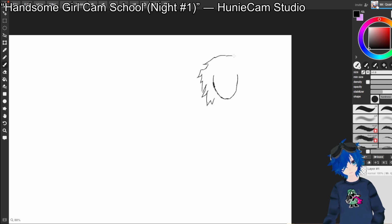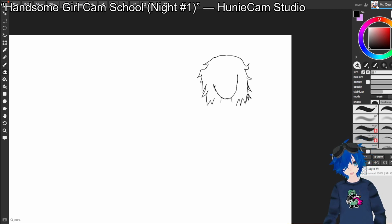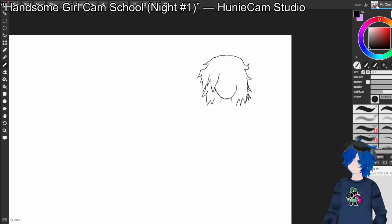Maybe we're going a little too crazy with the hair design here. That's okay. Get our neck. Actually, we're not quite done with the hair. We want it to have some nice bangs. So one thing is that you always kind of want the hair to do this right here, where it just kind of cuts off